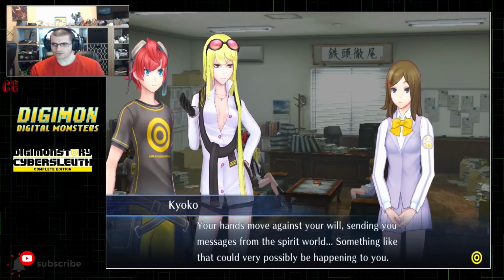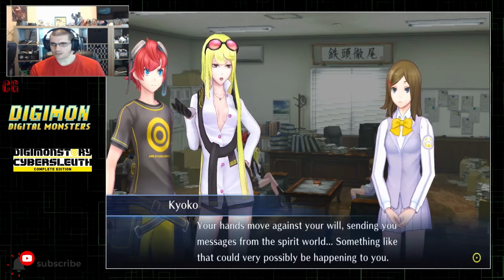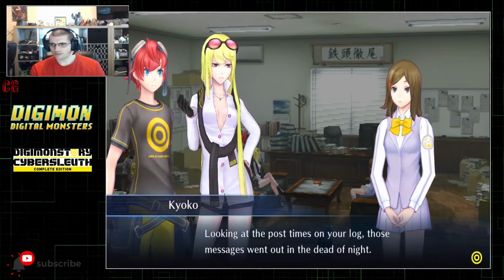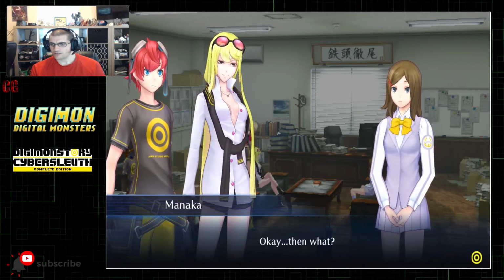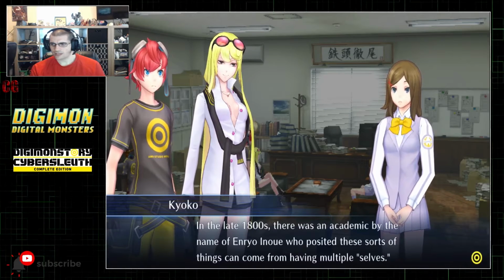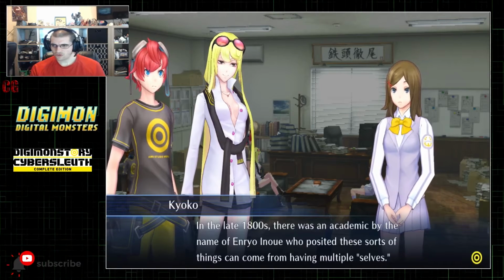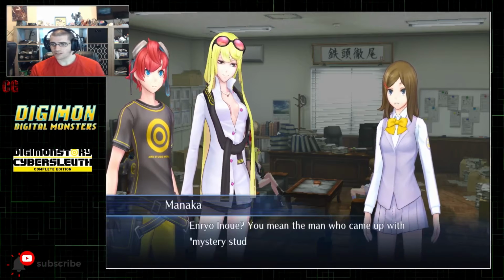Right. Seeing as you're in an occult club, I'm sure you know about Ouija boards and whatnot, right? Your hands move against your will, sending you messages from the spirit world. Something like that could very possibly be happening to you. Looking at the post times in your log, those messages went out in the dead of night. You should have long been sound asleep by that point. Okay, then what? In the late 1800s, there was an academic by the name of Inrio,